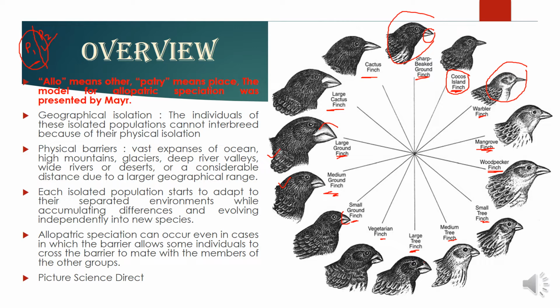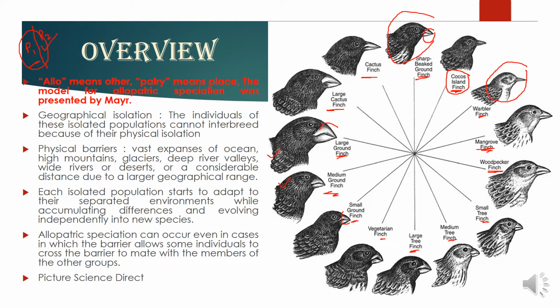So because there is a different range of niches, the food habit, that is, different types of food and different types of trees, are growing. Some areas have only cactus, some areas have moist trees and a fresh water supply. So depending upon the food, they have got a beak structure, and that also is dependent upon the isolation. All these types of finches have developed from a single finch, and that has initially come to the Galapagos